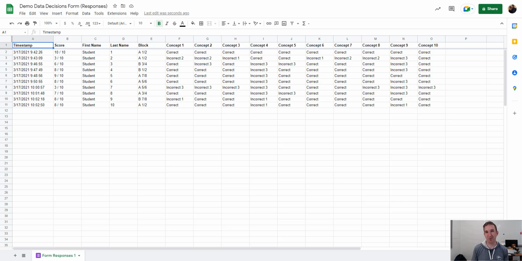So this is the demo data that you're going to use. It's found in Google Classroom. Make your own copy so you can work directly inside of that. So what I'm going to do here is I have my header row across the top and just some details